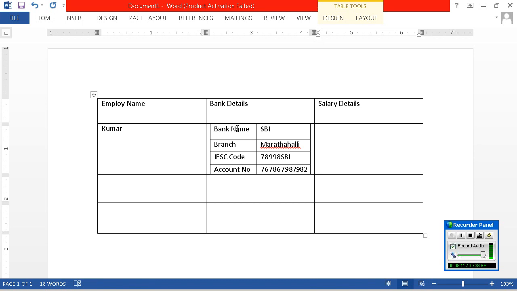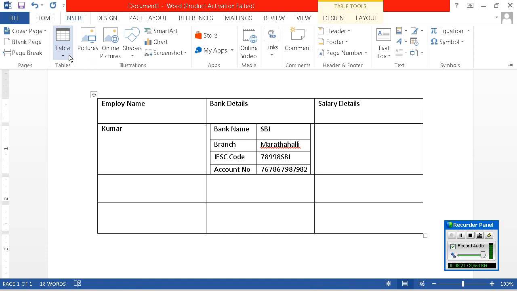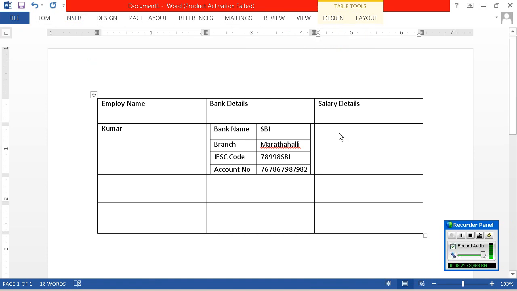The column, okay, this one, salary details. Something I will write here. Here I just write without a table, what will happen? Gross salary.